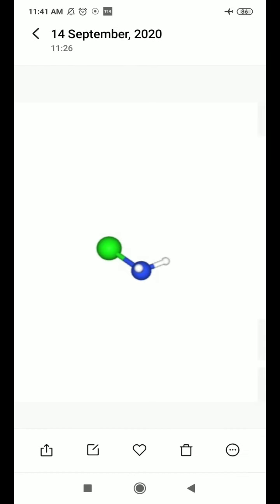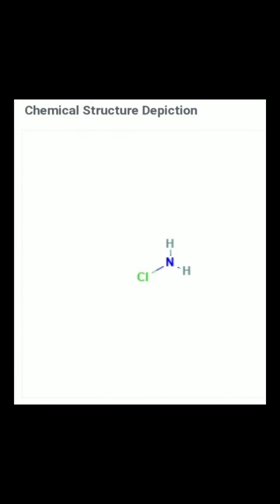The blue color is nothing but your nitrogen atom, and the white color ball is nothing but your hydrogen atom. Two hydrogen atoms are attached to that nitrogen atom, and the green color represents the chlorine atom. This is the structure of chloramine. Okay. Now in this structure, if the hydrogen atom